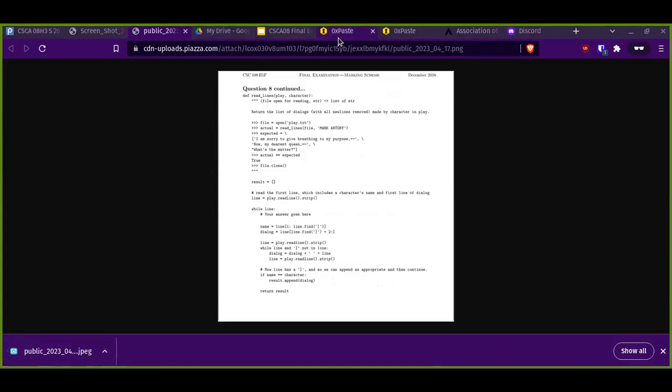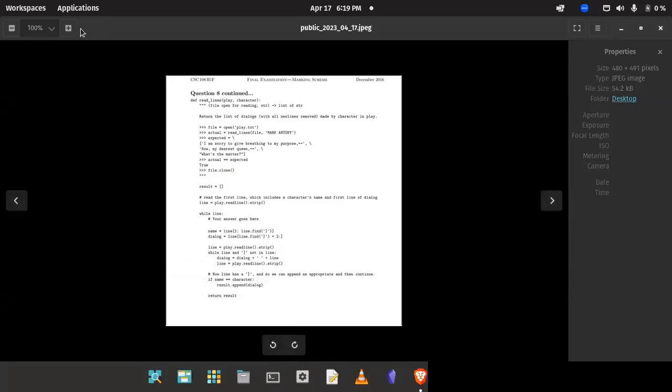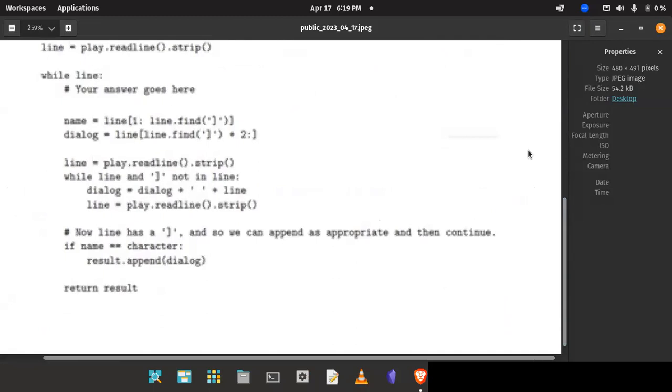Okay, so I'm trying to change which window is being shared, but okay, so even though I zoomed in, it's really pixelated. So I hope you guys don't mind, but